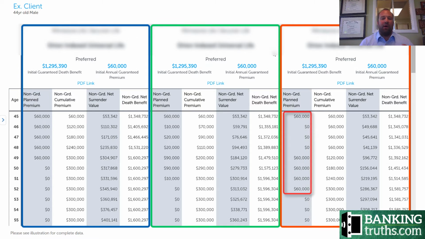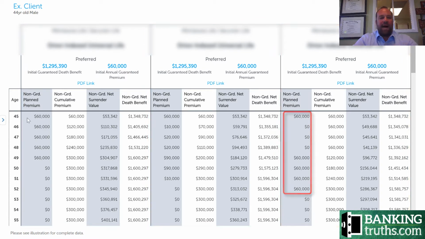Now on the right, you can see that after the first year of $60,000, this client had to skip funding altogether, some kind of all hands on deck emergency for their cash, but then they're able to resume the normal funding path from years 4 through 8. And as we saw before, most of their money's in there, but because of the time value of money effect and they didn't have as much growth to offset the charges, they're not quite yet even at the end of that 8th year, but they catch up shortly thereafter.